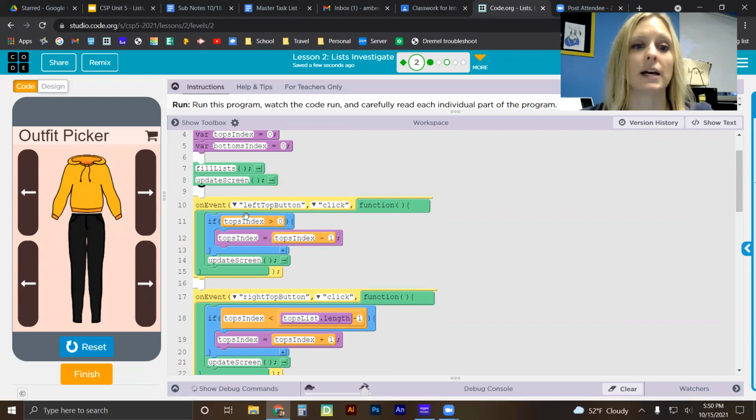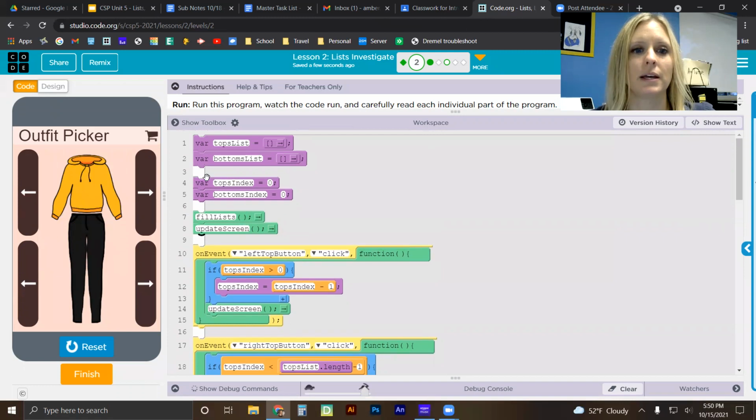What is tops index at this point in time? It is at 0 at the very beginning. The first time we click this button, tops index is 0. Is 0 greater than 0? No. So we are not going to do what is inside of that if statement. We're simply going to move down to the update screen function